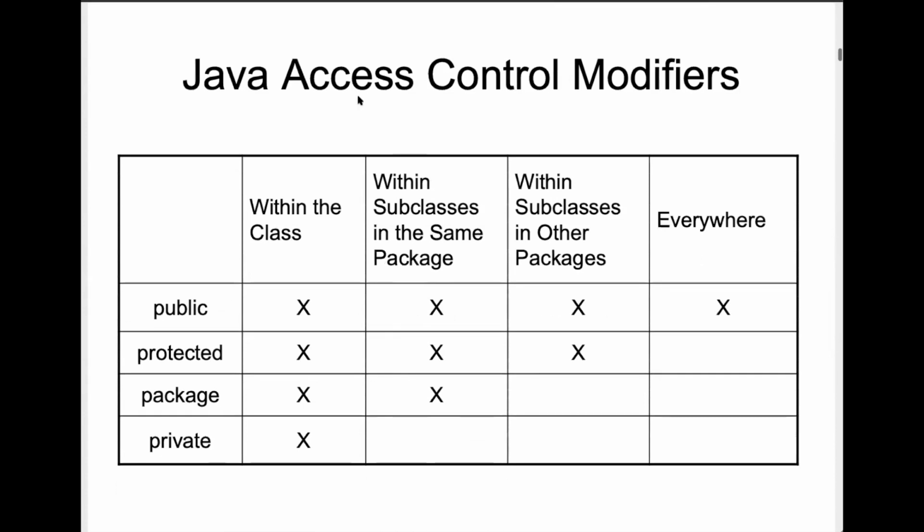So this is a quick overview of the various Java access controls. You have public, protected, private, and package. Now, we're not using package in this class. The reason is very simple. If you have a package that is unique to your computer, your setup, your IDE, your code is not going to compile on my machine. I won't be able to grade it. So you're not going to do that. But you should be familiar